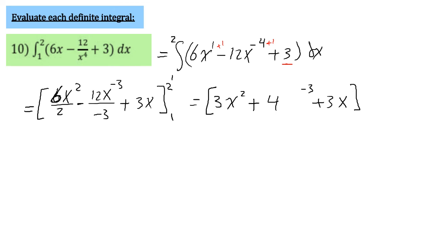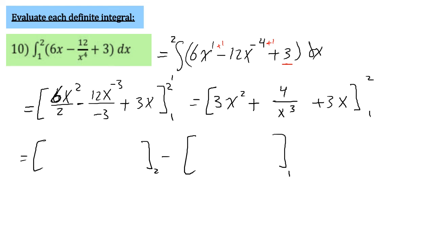And 4x to the power of negative 3 can be written as 4 divided by x to the power of 3, from 1 to 2. So I'm going to replace the value of x at 2 and replace the value of x at 1. So at 2 it's 3 times 2 squared plus 4 over 2 to the power of 3 plus 3 times 2. And at 1 it's 3 times 1 squared plus 4 over 1 to the power of 3 plus 3 times